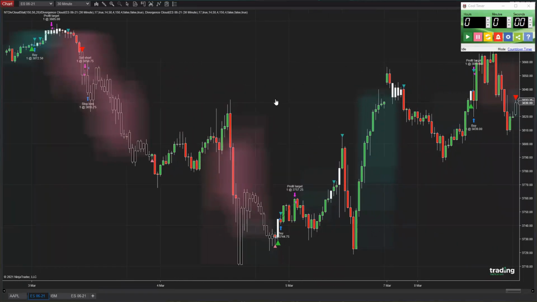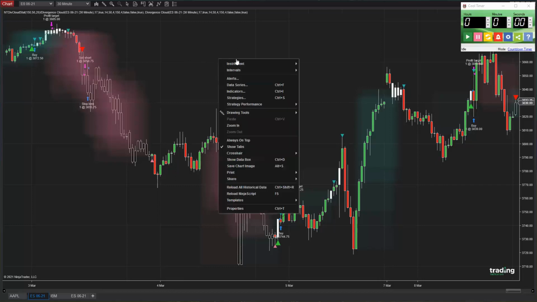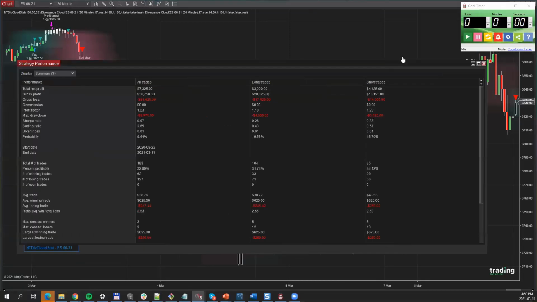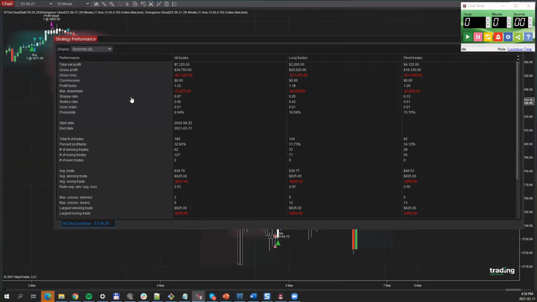But how do we know whether this strategy would potentially be a good strategy? Well, what you can do in NinjaTrader is right-click on the chart, go to Strategy Performance, pick your strategy and click on Historical. This will generate a historical performance of the strategy. Of course, it's hypothetical, so you do not mistake it for what really could have happened in the market, but it gives you an idea of the strategy.